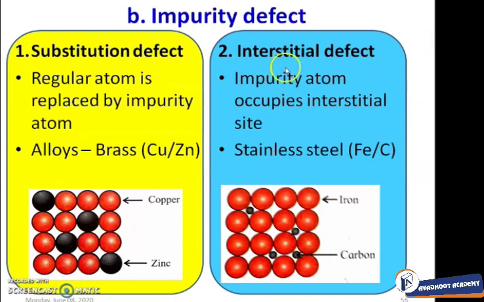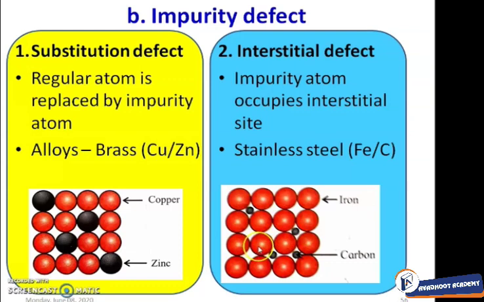Now the second type, that is interstitial impurity defect. Here the impurity atom occupies the interstitial site. Example, stainless steel. Here the regular atoms are iron, Fe, so their positions are as they are, there is no change. But the carbon atoms are occupying the interstitial sites. Carbon atoms are the impurity atoms and these are occupying the interstitial sites, and therefore this type of defect is called